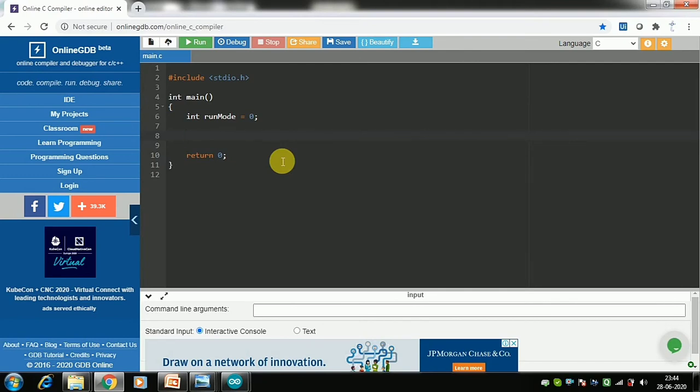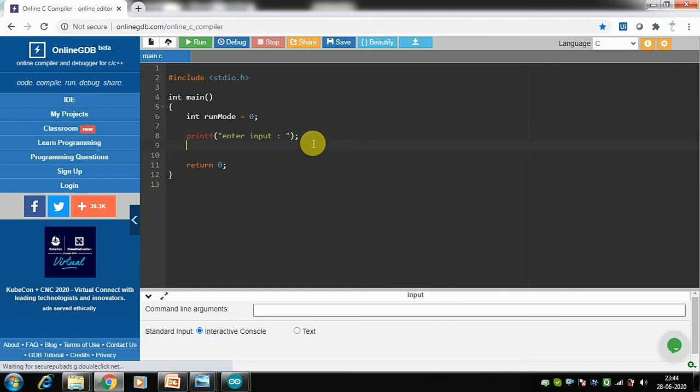So we would like to printf "enter input". Then we don't need serial print here, because there is no serial monitor. So it is printf. printf is the basic C command, and Serial.println wraps around this basic command and makes it ready for use with the serial.